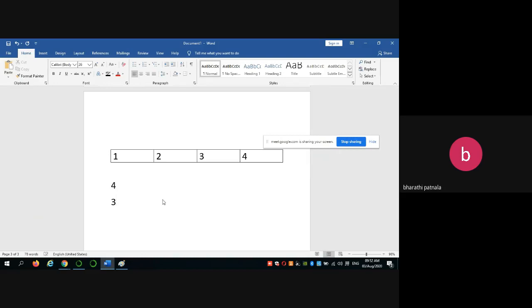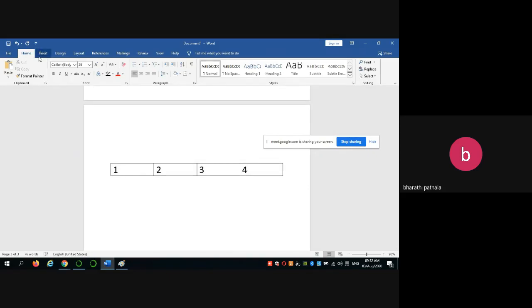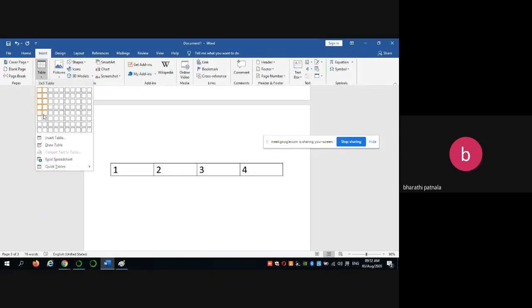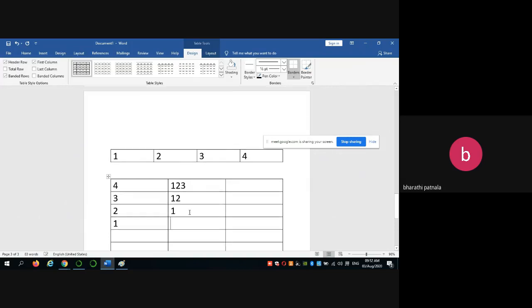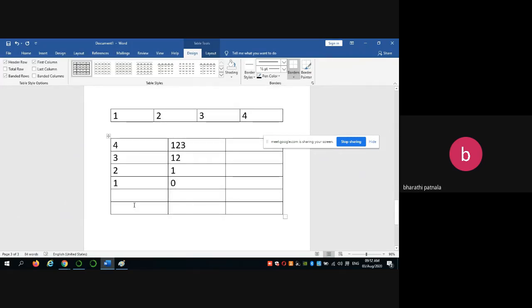Next time the number is 123 and the remainder is 3. Next, when this number is divided again, 3 is the remainder and 12 is the original number. Next 2 is the remainder, 1 is the original number, 1 is the remainder, and finally 0.